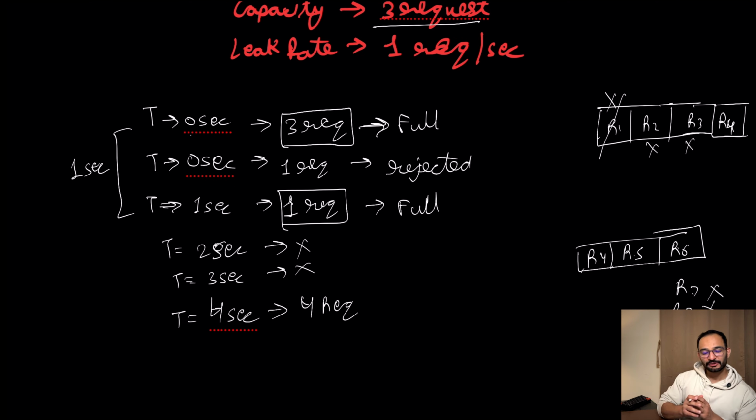Now what are the advantages of this algorithm? The advantage of this algorithm is that it always makes sure our traffic is smooth and predictable, and it is strong protection for our backend system. But what are the cons? Well, it does not allow bursts of traffic, and if it doesn't allow burst traffic, it's a poor user